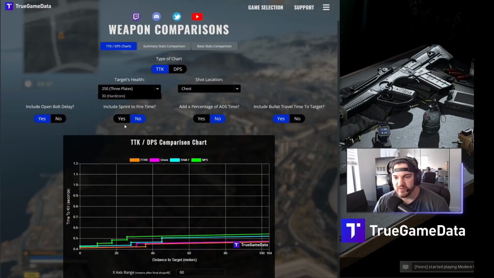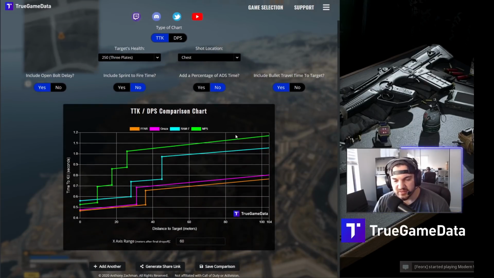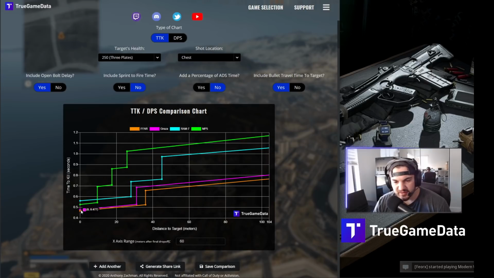So I'm gonna go 250 chest to start with. This is including bullet travel time to target. And looking at this chart, you will see the FFAR and the Groza absolutely fry. They kill faster with chest shots than the MP5, which is crazy. MP5 was the king of TTK, besides the Doof